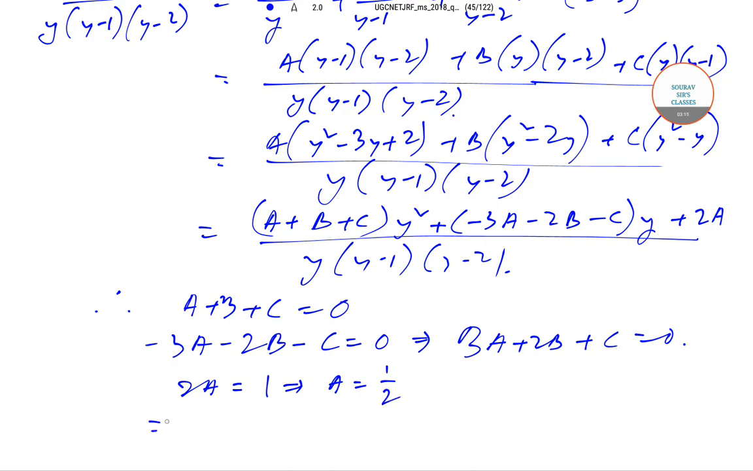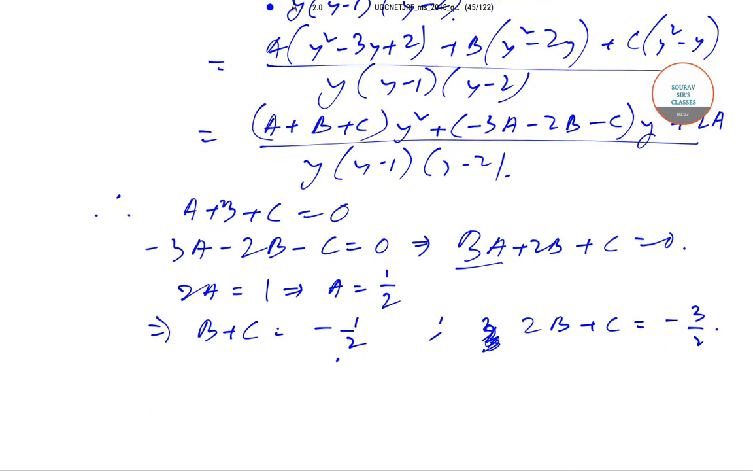That will give us that a is equal to 1 by 2. So therefore we have now b plus c is equal to minus 1 by 2, and the other equation is, since we already know the value of a, 2b plus c will be equal to minus 3 by 2. So now if we take this as equation 1 and take this as equation 2,